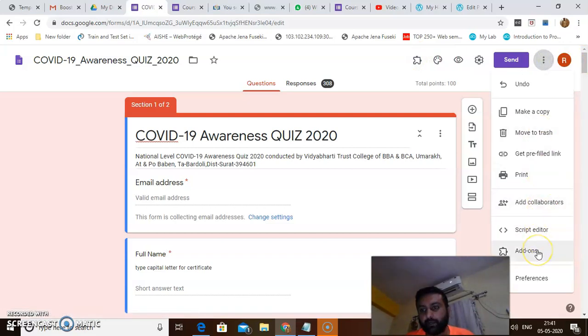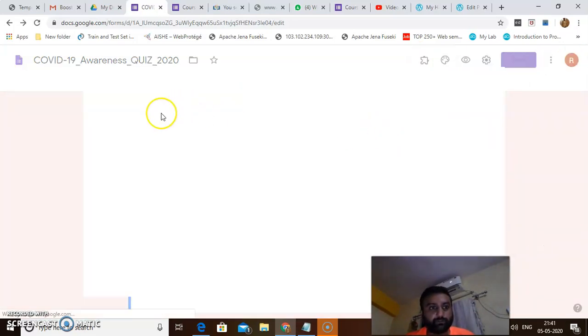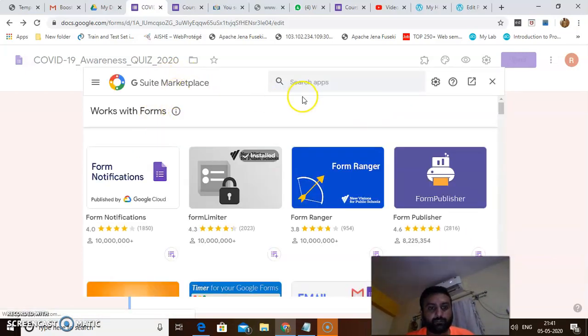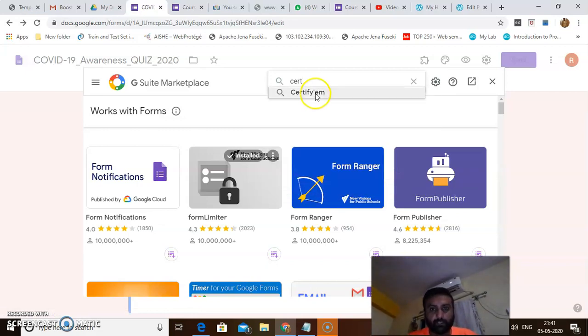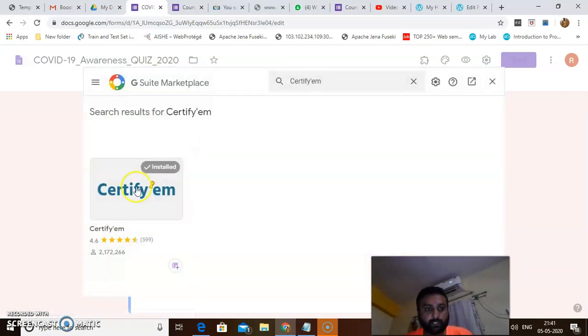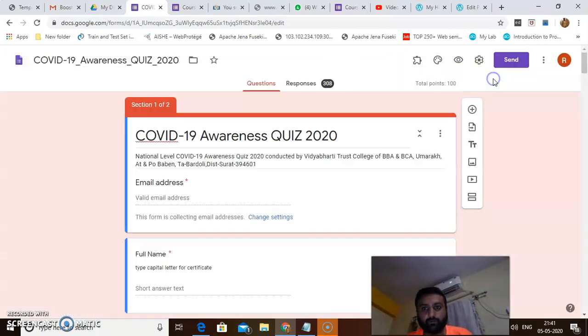Now you can add add-ons and search for Certify'em, then search and install. I have already installed it, so I don't need to install it again. So now close this window.